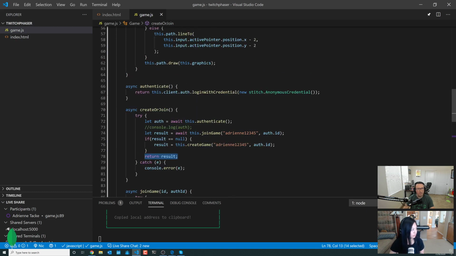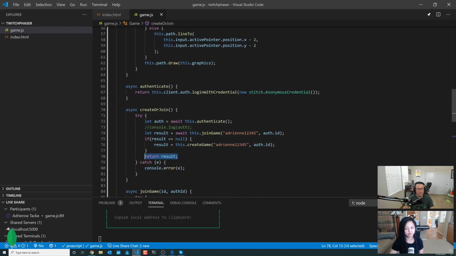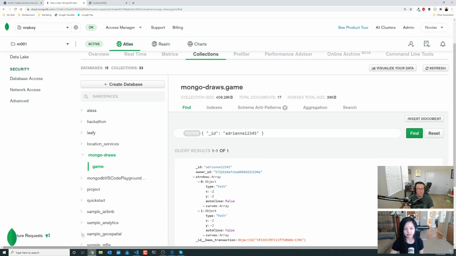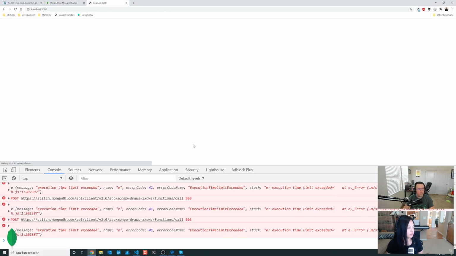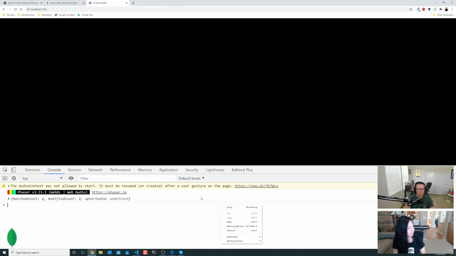So I think in theory, if I refreshed my screen, it wouldn't complain to me that there's a duplicate key. What do you think? You think it'll actually not error out that there's a duplicate key for me trying to create too many times? It shouldn't. I don't think it will. Let's find out. What's with these errors here? Whatever's going on, it's spazzing out my web browser. I didn't get an error though. So this is good. A little concerning on why I had like 6,000 errors print out in my terminal and freeze it up. But not too bad.